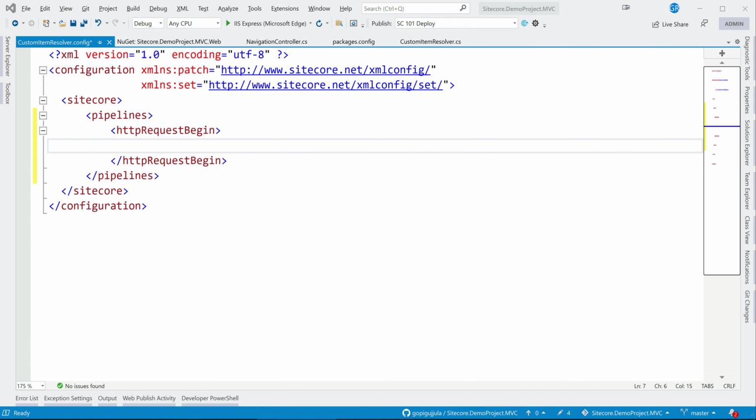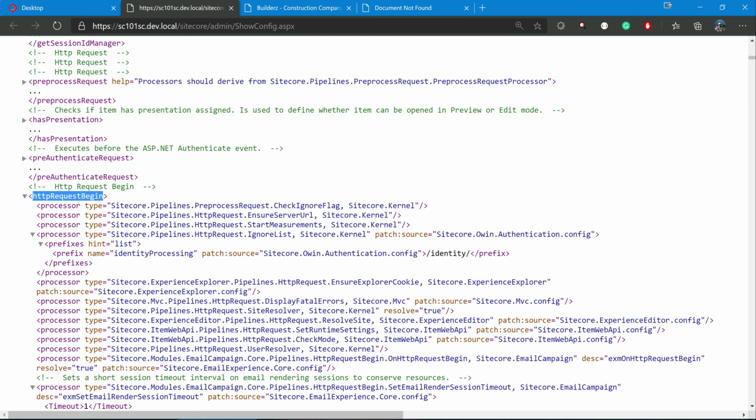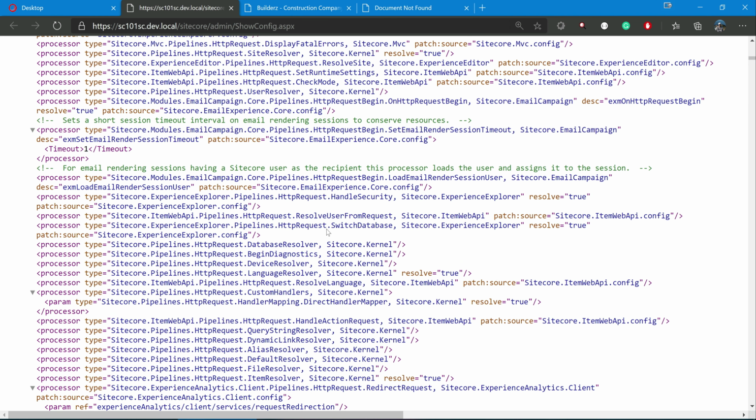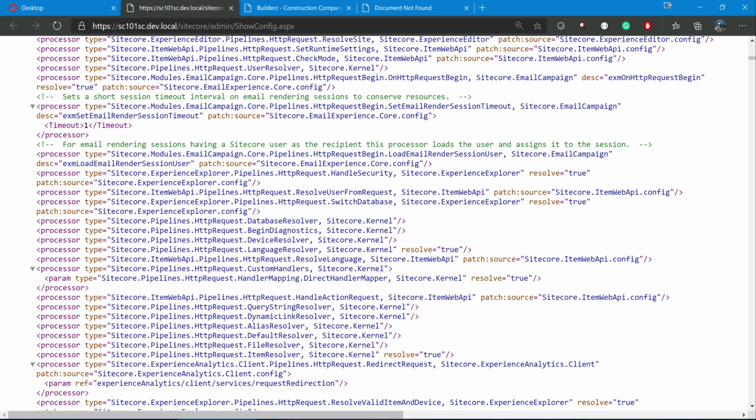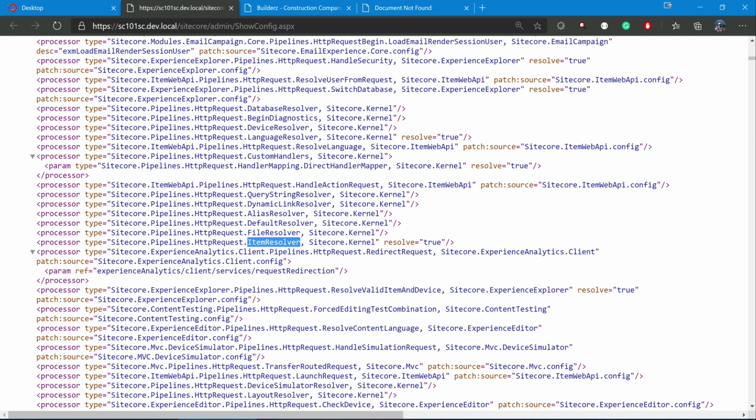Now the next thing we are trying to do is the item resolver, right? Our item resolver is somewhere here. Yeah, we need to patch a processor after the item resolver, because the item resolver will take care of all the normal items. So if the item is not found there, that means we are patching in our custom code.